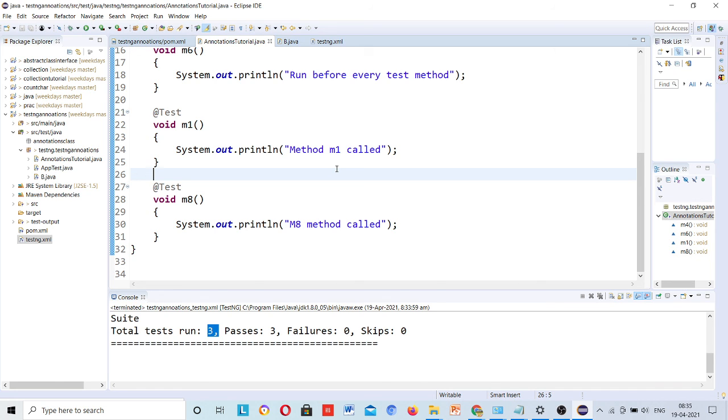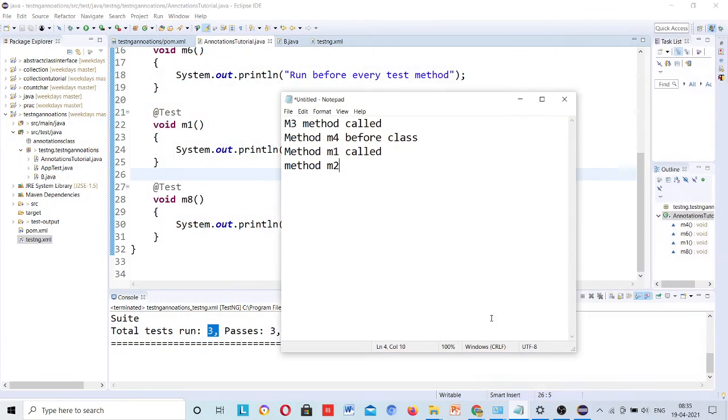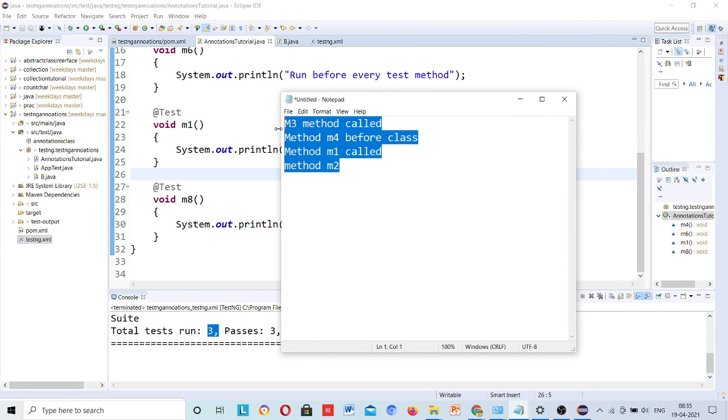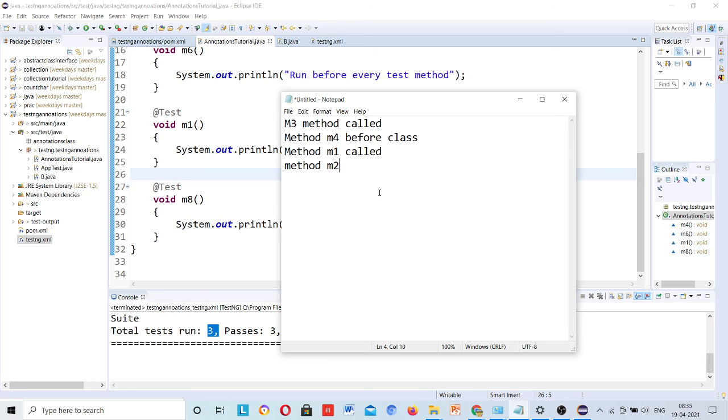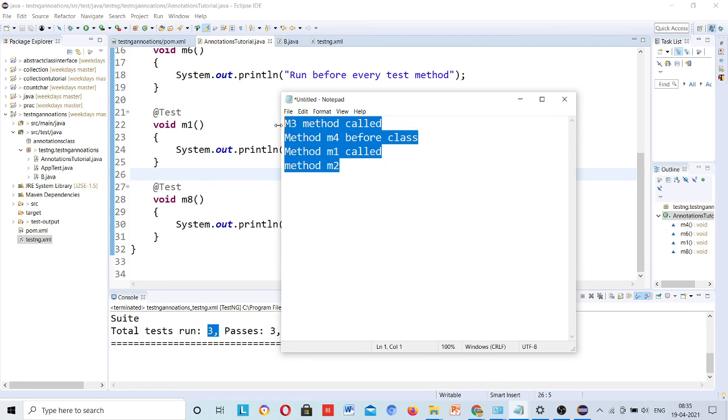Any flow you are on, write 5, 7 classes, then try to figure out what will be the output. The way I have used this, first I have written a program, then I have shown you what I have written, and this will be the output. If my concepts are clear, then this will be the output for sure. If that output is not the same, then something is missing in my concept. So this way you will run TestNG.